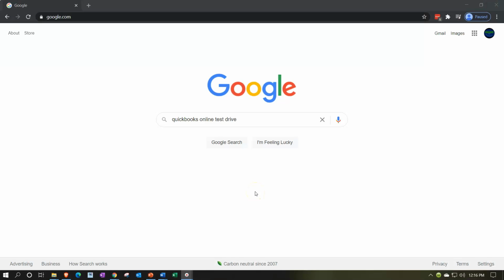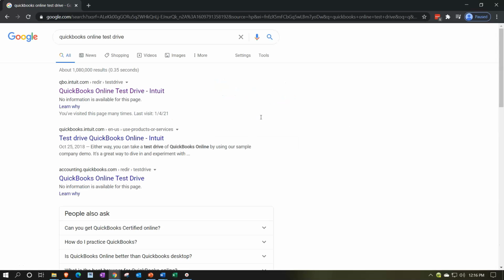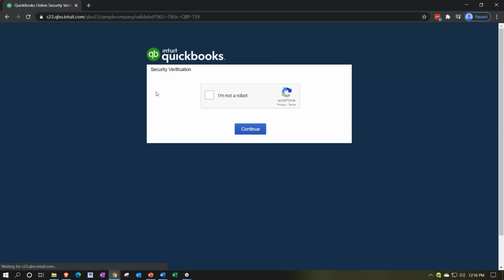Here we are on our Google search page. We're going to be searching for QuickBooks Online Test Drive, and then selecting QuickBooks Online Test Drive from Intuit. It's then going to be verifying that we are not a robot,